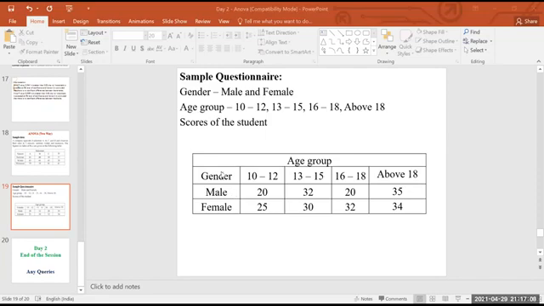See here, gender has 2 categories, but age group has 4 categories. So irrespective of the order, ensure that both factors have categorical variables. Then only you can go ahead with two-way ANOVA. If only one variable has a categorical criterion, you can go ahead with one-way ANOVA. Okay, is it clear now? Is it clear about one-way and two-way ANOVA?